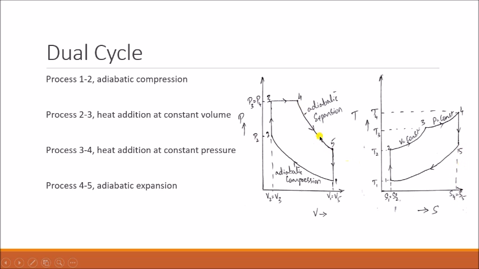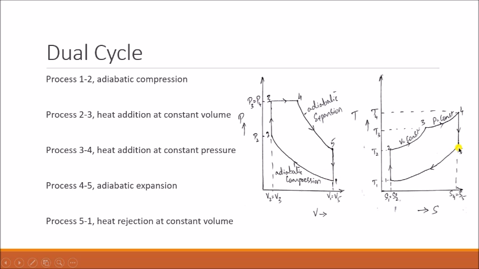Once it has been fully expanded, the heat has to be rejected. So that is your process 5 to 1, heat rejection at constant volume. The volume is kept constant during the heat rejection, meaning during the heat removal from the air. Once the heat is removed, the pressure further reduces and reaches P1. This P1 and volume V1 is nothing but the initial condition of the air.